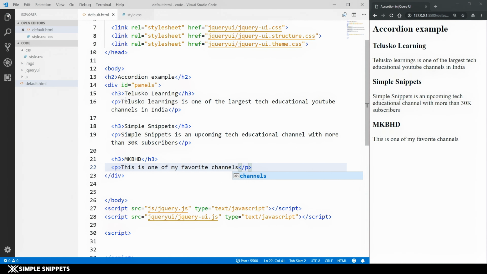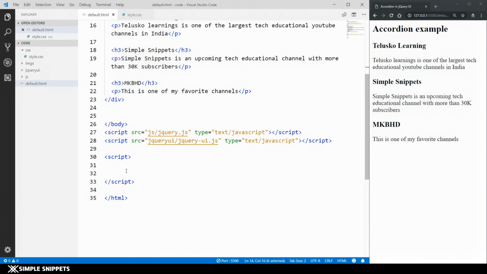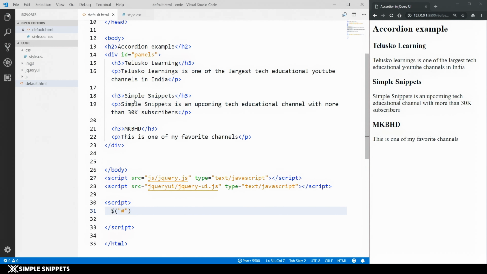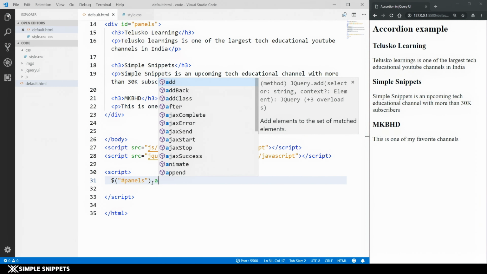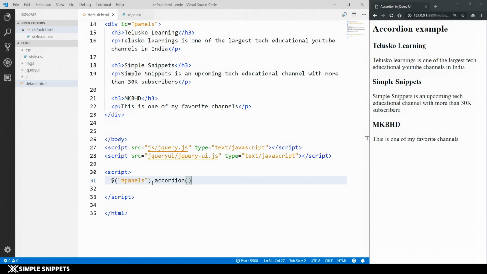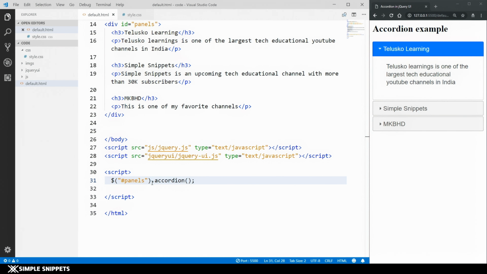So how do we do this? All these things are enclosed inside this division given by the ID panels. So let's try to change that. I'm going to say $, and select the panels using the ID selector in jQuery. I'm going to say dot accordion, and as soon as I hit this accordion,